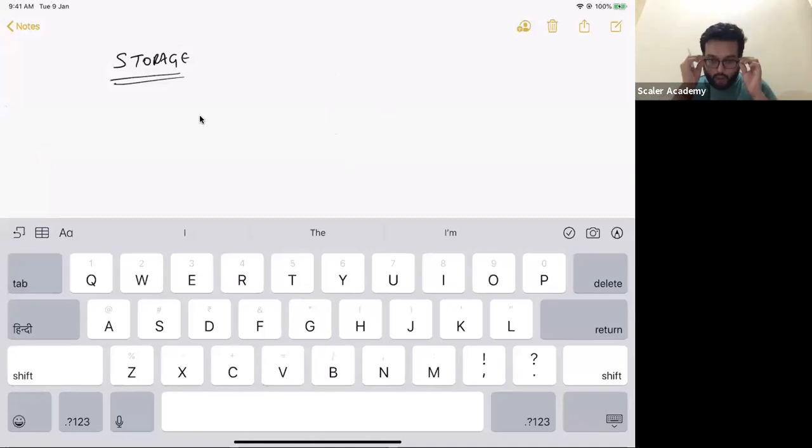So okay, what all have we discussed till now? We have discussed the entire architecture. We have discussed caches. We have discussed a couple of system designs, how to design a real life system. We have seen a couple of them. Today we are going to discuss the storage layer. We have not talked a lot about it till yet.